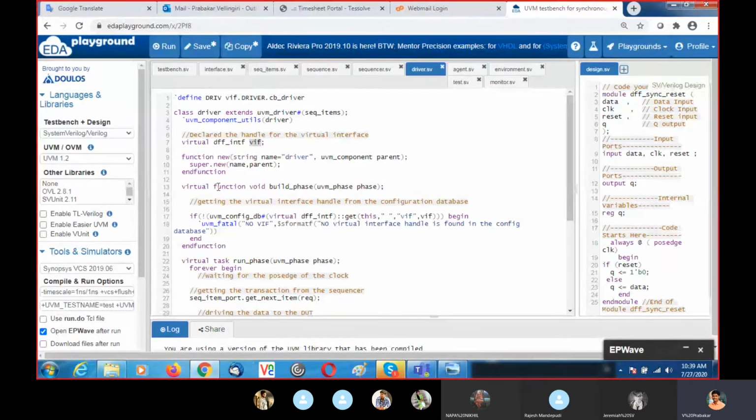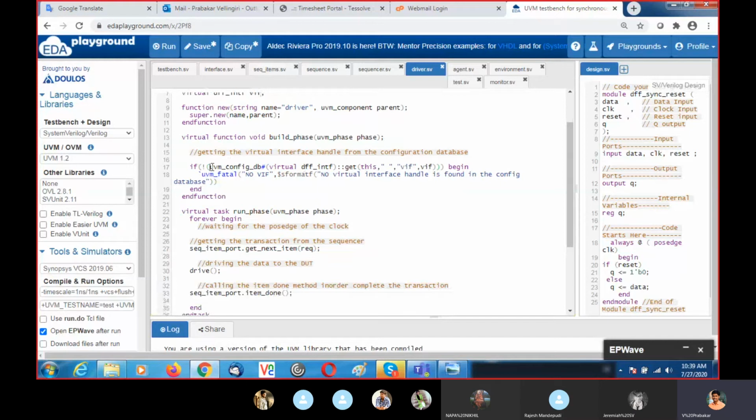Okay, in the build phase, I am getting it using that method, UVM config DB of type virtual interface. By using get method, here I am getting, so this you can leave as double quote. Here this VIF which is stored inside the config DB. Okay.